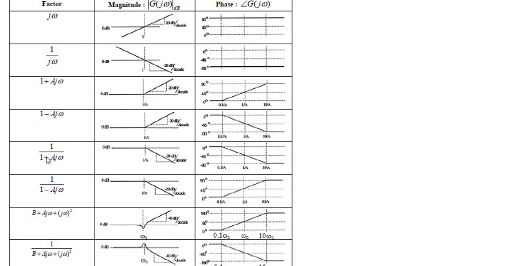If you have 1 over 1 plus a j omega, you will have a crossover at 1 over a, and then it will come down at minus 20 dB. And this is the phase, and if this is for minus, it is the same thing for the magnitude, however the phase is different. And this is for the second order, so you have something like this. This is actually a guideline. The first thing that we need to do is to make sure that all the transfer functions are in this kind of factor format, j omega, 1 over j omega,